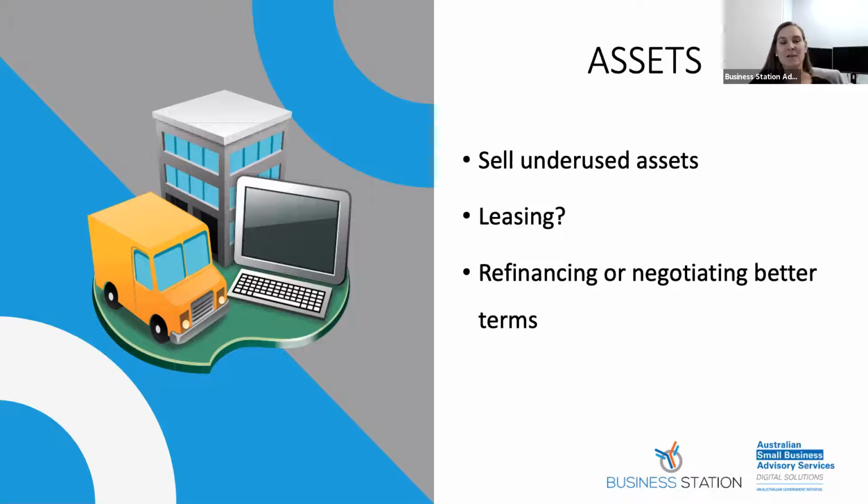As I mentioned, the other thing about assets is looking at the efficiency of assets. You might have an asset at the moment, but, going back to that production scenario, you might not be able to produce enough of your product with the current asset that you've got. So in terms of what you can do from a cash flow perspective, potentially replace that asset with something that functions better, more efficiently, more effectively. So consider that as well.